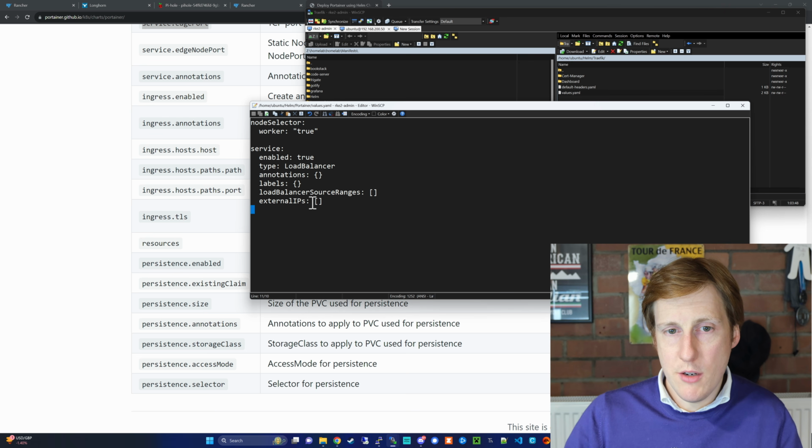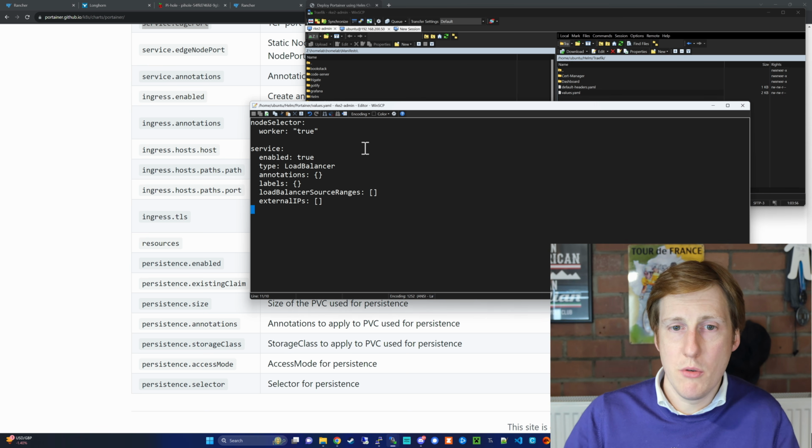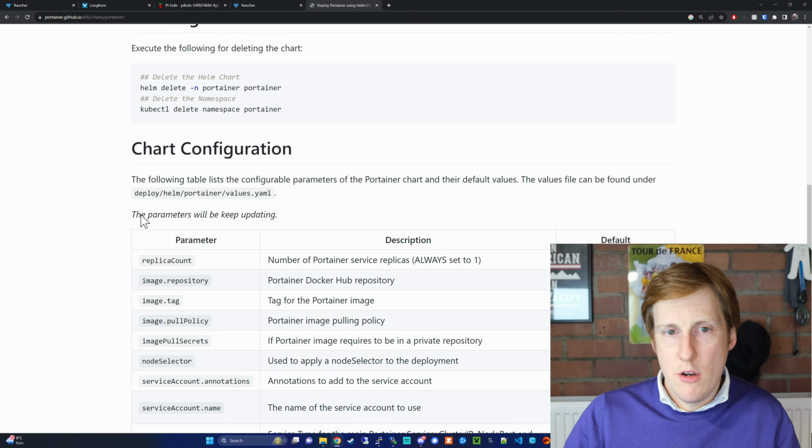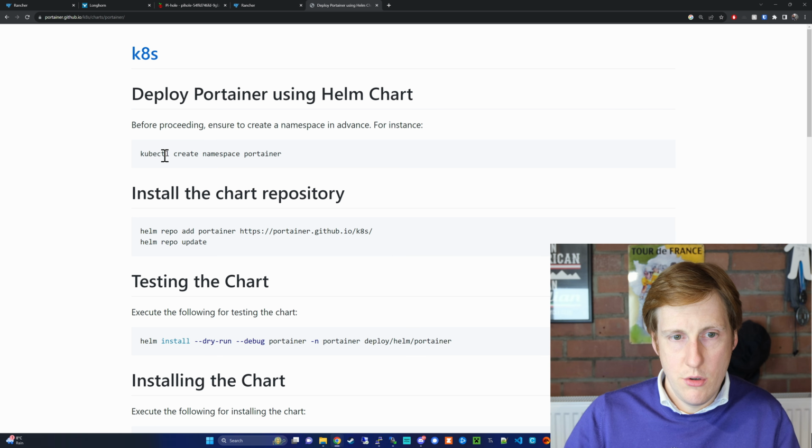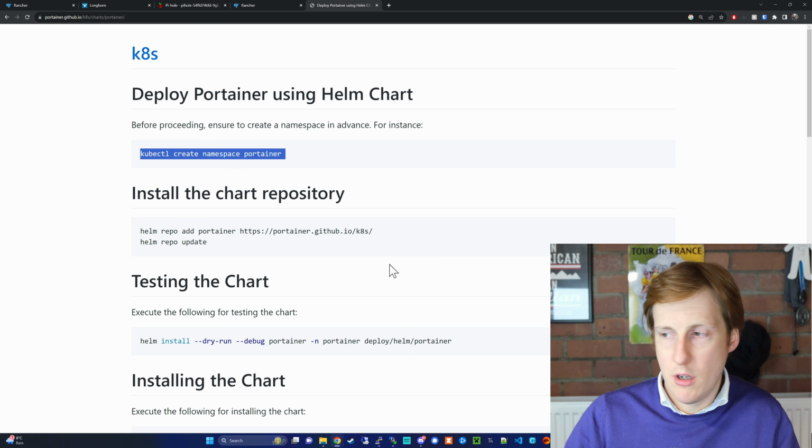So now that we specified some Helm chart values, let's go and deploy Portainer now, and then we're going to add an ingress, and with any luck we should be able to access this through the Traefik proxy and have SSL and connect to our environment. So the first thing we need to do is go to the top. We need to create this namespace. So click that,